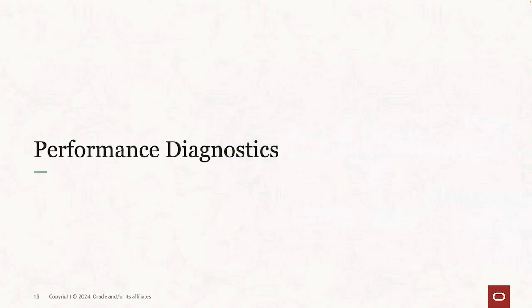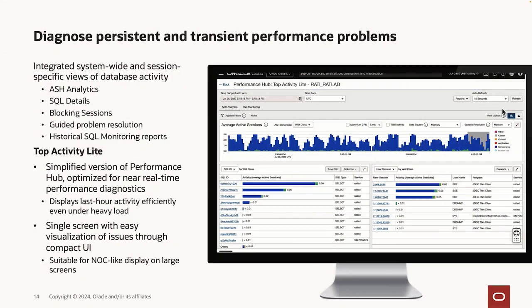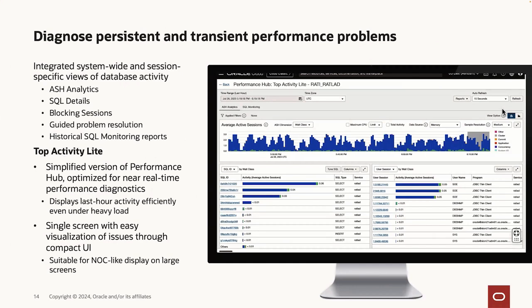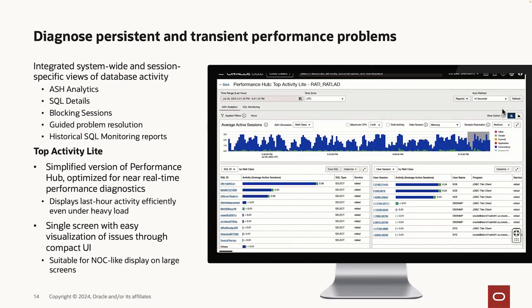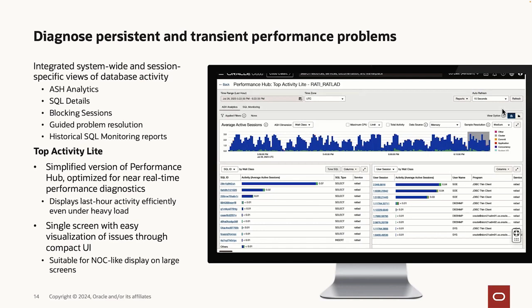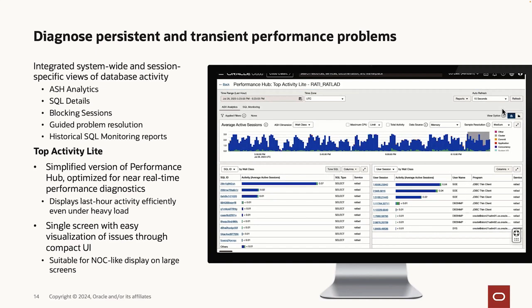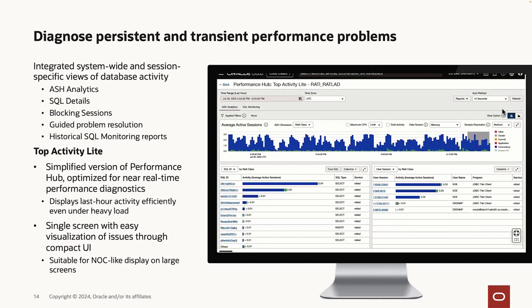So for the performance diagnostics, we have some similar capabilities. Performance Hub is really the main place that you want to see your real-time activity for your database. So this is going to be indicating all of your individual work coming from your application or from internal database, all displayed within the screen, showing how much resources each of those are taking and viewing it in real time as well. So you get your ASH Analytics, so all of your session details, the specific queries that they're running on the database, and then you have a breakdown of how much each of those SQL queries are actually taking. So you can quickly find if there's any spikes in your activity, heavy I/O from a specific query,